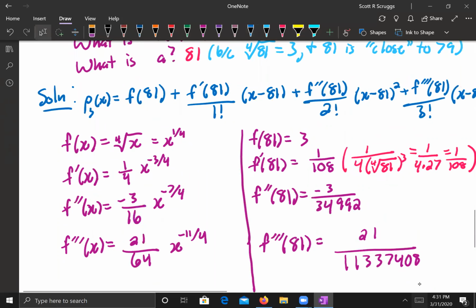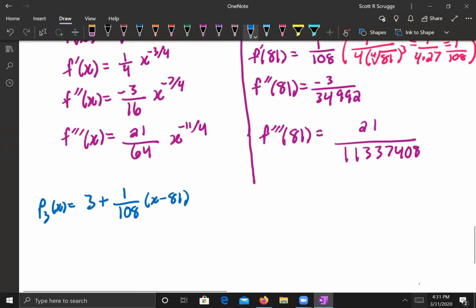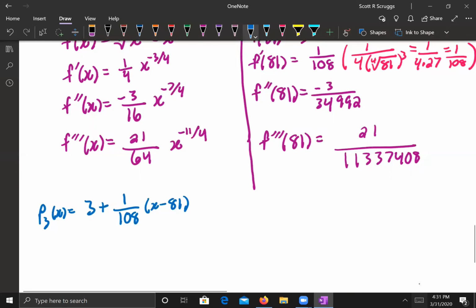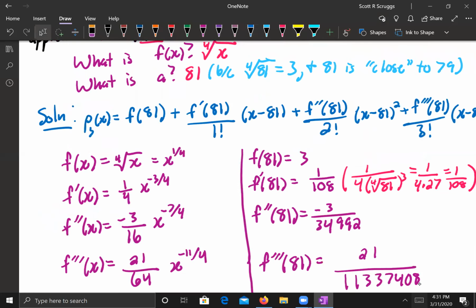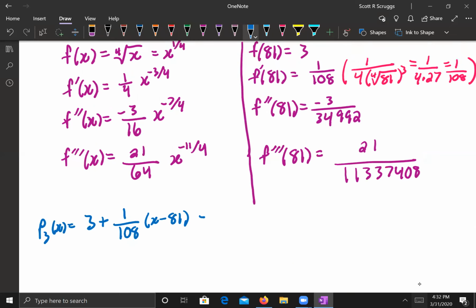Repeat that for the second derivative: -3 over 34,992 divided by 2 factorial. So I would get minus 3 over 2 times 34,992 times x minus 81 squared,